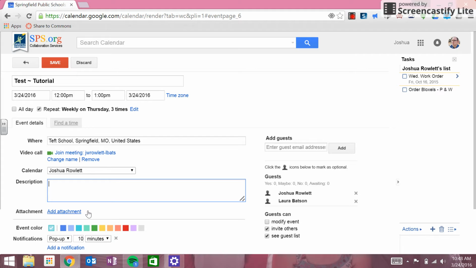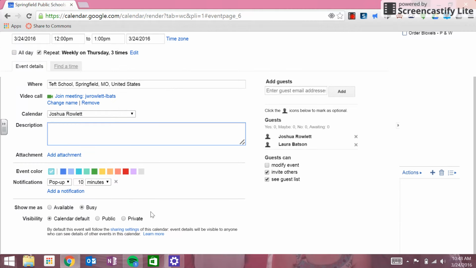I have the option of adding attachments. So let's say a Google document needs to be added or a Word document needs to be added. I could do that here as well. And then to keep things straight, I can select whatever color for the event that I want. Not only that, but let's say that I'm forgetful, but I have access to my Google Calendar through my cell phone. I can have pop-ups or emails remind me that this is, in fact, an event that I need to